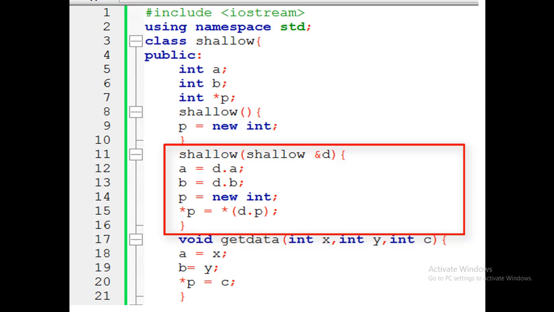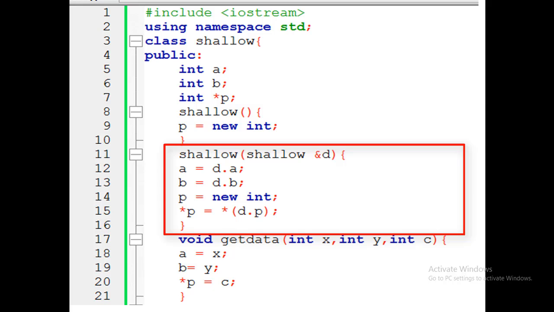As we all know, all objects have their own copy of all the data members. So the previous object has the same values as A, B and pointer, which would be copied to the new object.